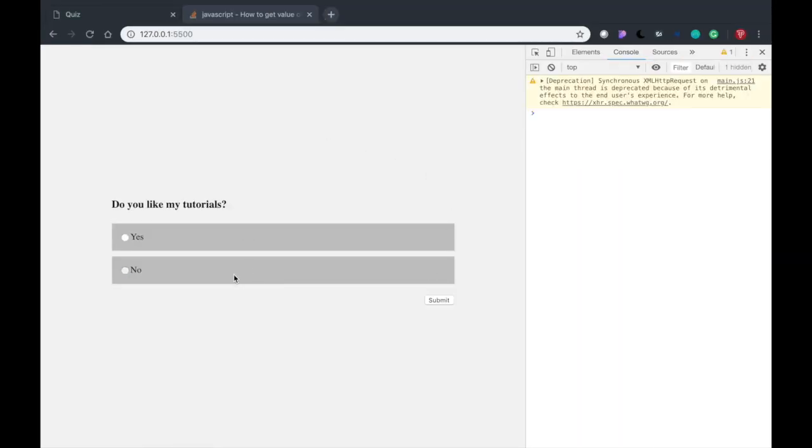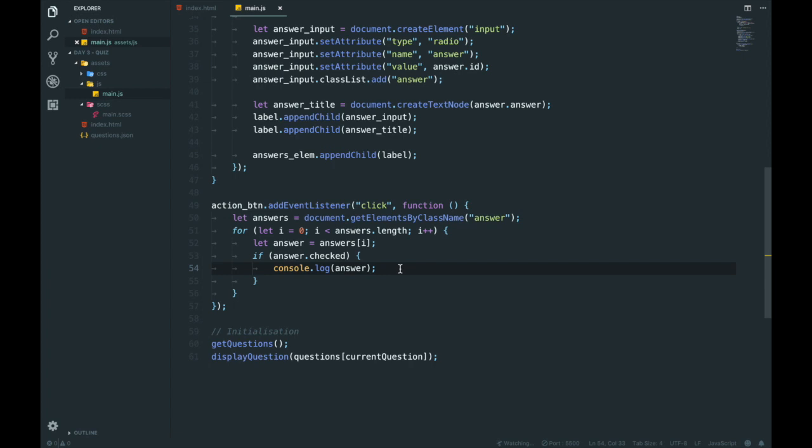So now let's see, if we click no and we click submit, that gives us the no burn. If we click yes and we hit submit, that gives us the yes burn. So now we've checked. If it's checked, we want to say,